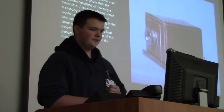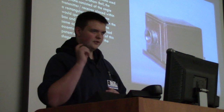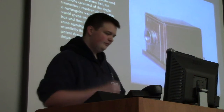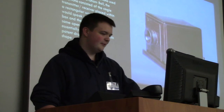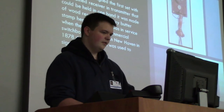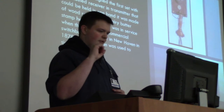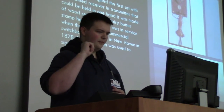The telephone was used by Alexander Graham Bell, and the phone consisted of a single transmitter receiver. So if you were talking into the hole, you then had to bring your head down to listen. So that's mildly inconvenient for people. In 1878, with the butter stamp, it was a wall-mounted phone where you held the receiver and transmitter in hand,